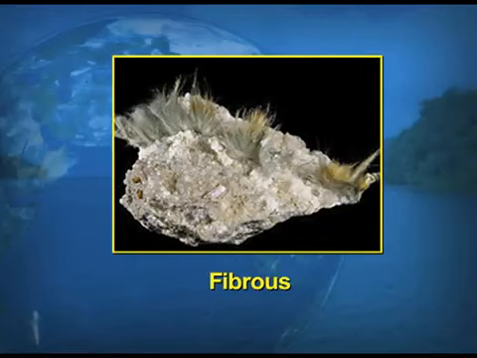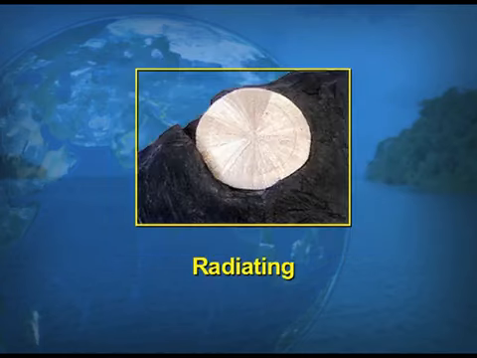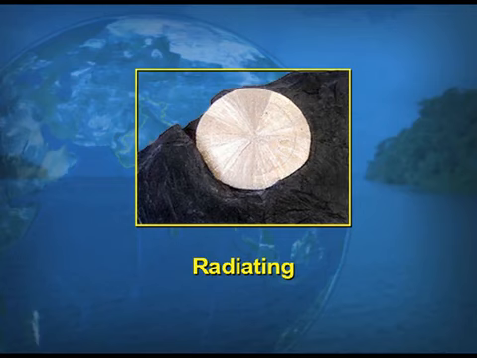Now, look at the screen, children, and I can show you the pictures of how the fibrous mineral looks. Fibrous means it is a thready structure where threads from different portions come out of the mineral. And radiant means when from the center the structure radiates out towards the sides, that is known as the radiant.